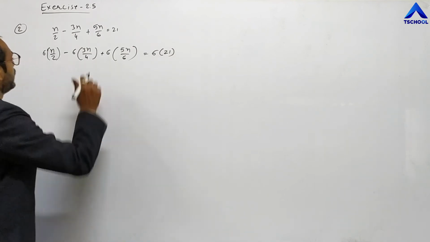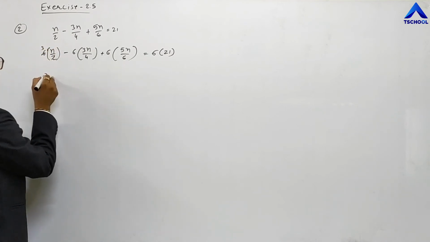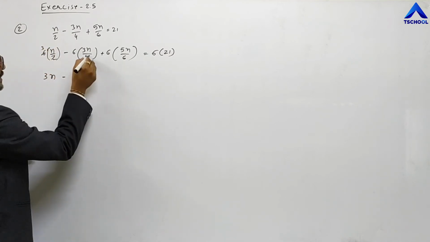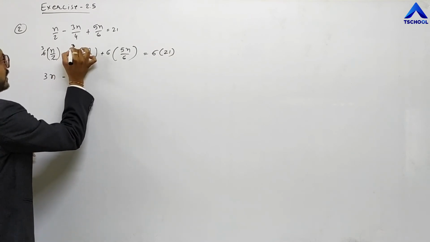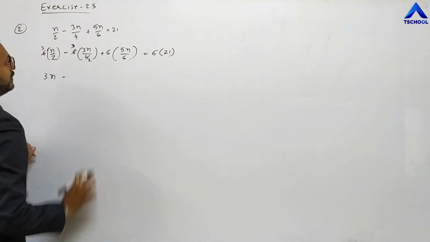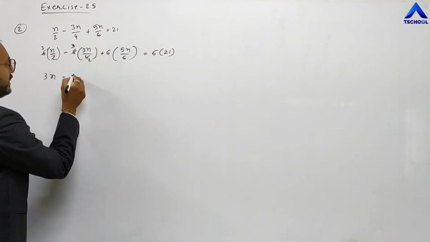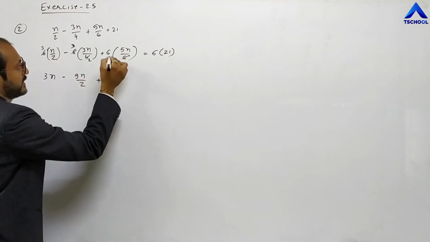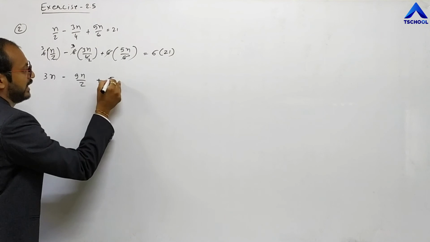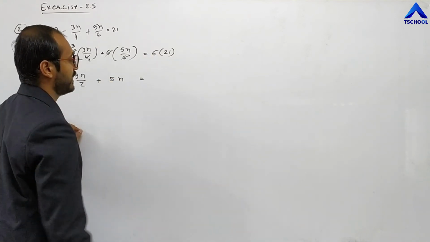Now 2 3s are 6, so here is the term 3n. Minus, here remaining 3 2s are 6, and 2 2s are 4, so 3 2s are 6, remaining 3 3s are 9n by 2. Plus, the 6s cancel, so remaining 5n equals 21 6s are